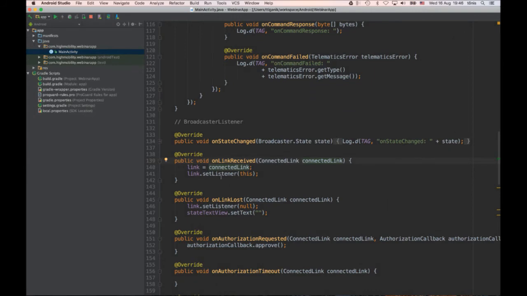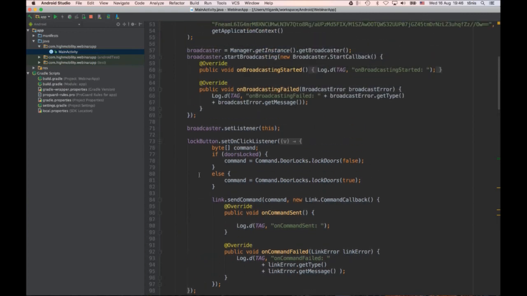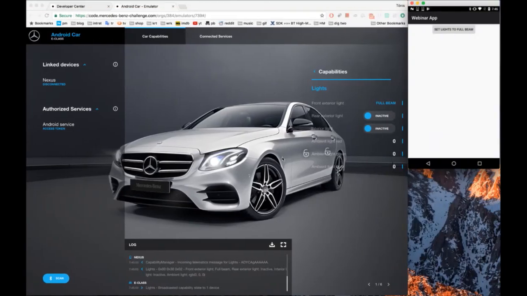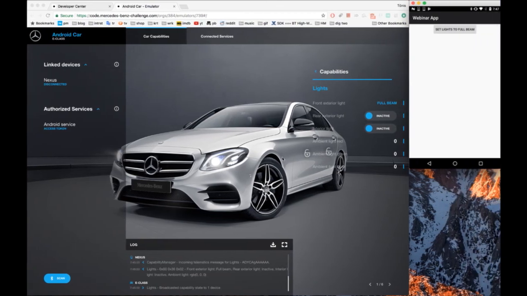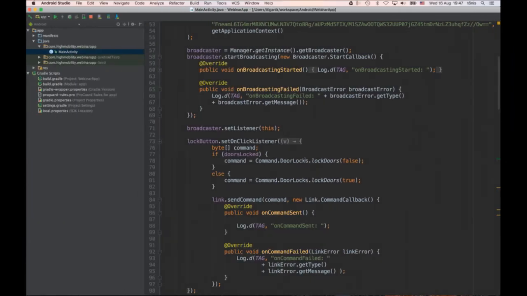And then send commands to the different links and use different listeners, and in the UI have different buttons for different vehicles. Also, what we didn't do is, when we start the app, we didn't actually ask the vehicle for the lock state, for the initial state of the locks. So we just set the lock state that we preferred here in the UI, but you can also ask the lock state